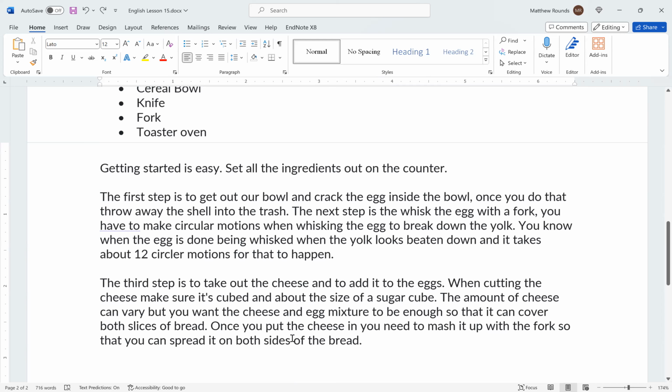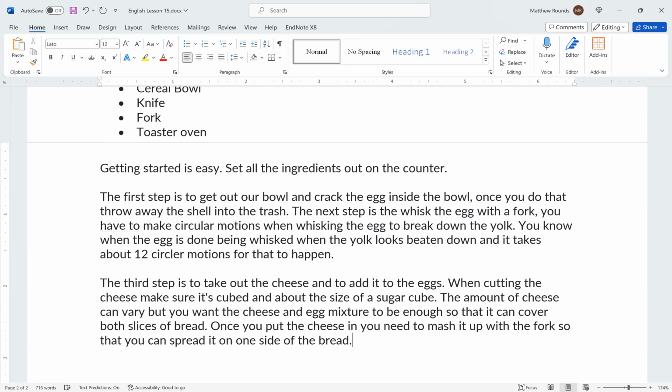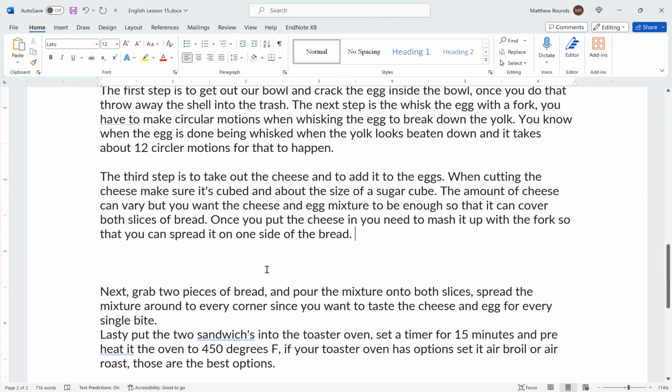It's not both sides, it's on one side of the bread. Is that right? Yes, one side. Okay, perfect. All right. So this is where we've left off. It looks good. Okay, so next you're going to actually grab the two pieces of bread and pour the mixture